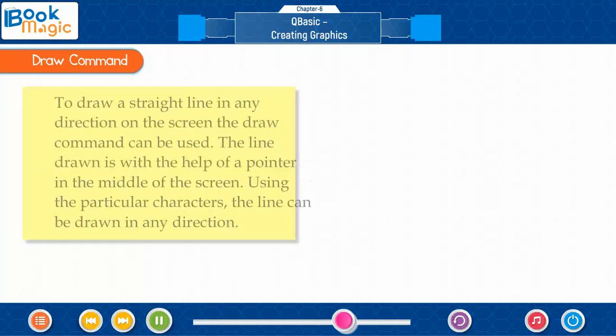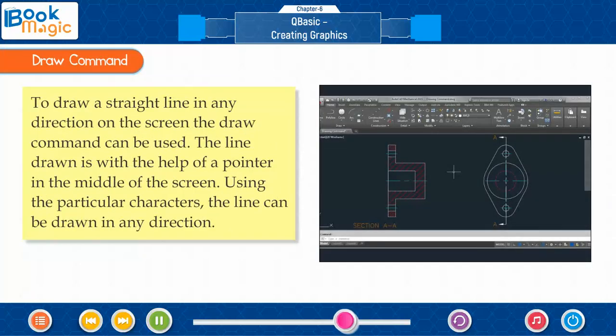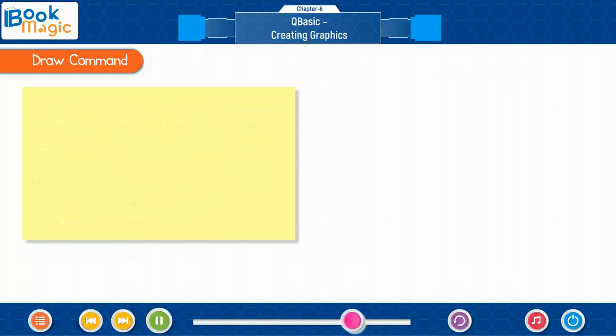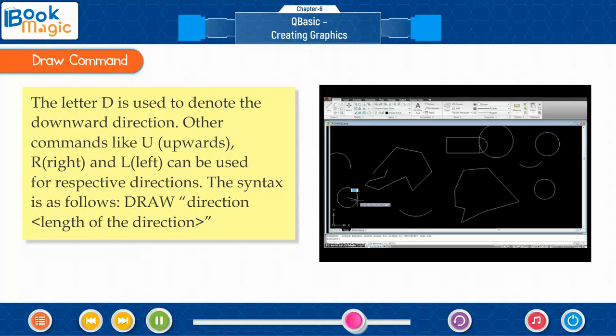Draw command. To draw a straight line in any direction on the screen, the DRAW command can be used. The line is drawn with the help of a pointer in the middle of the screen. Using particular characters, the line can be drawn in any direction. The letter D is used to denote the downward direction. Other commands like U for upwards, R for right, and L for left can be used for respective directions. The syntax is as